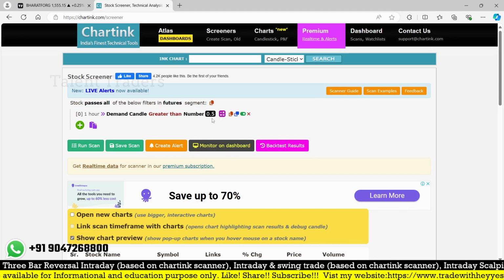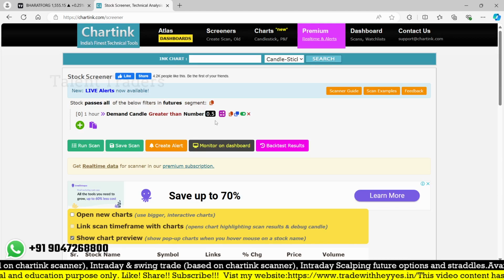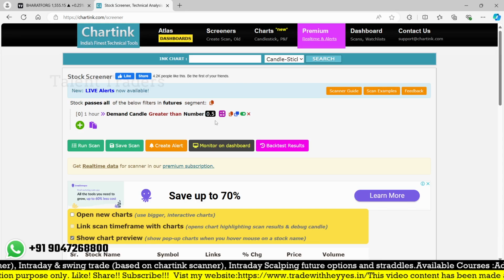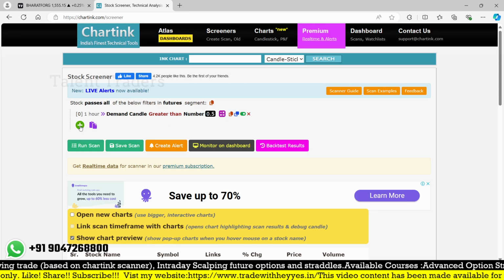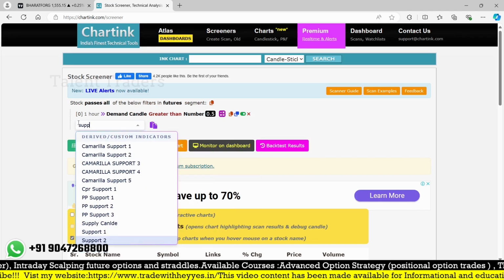So why are we using this kind of scanner? We can increase the levels as well as decrease the levels to reduce the number of stocks. That's the main reason we can use this. And one more thing, supply candle or a kind of